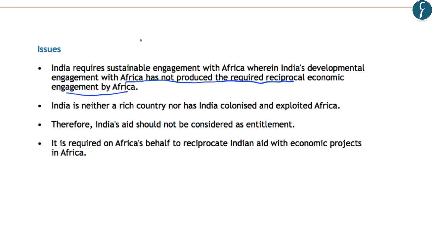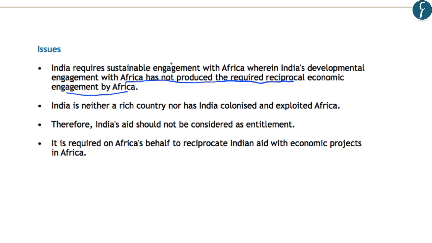Now, why has the author raised the issue that the engagement with Africa is not producing the required reciprocal economic engagement by Africa? This is mainly because India is providing the aid to various intermediaries in Africa, and these include the African Union and others. And the aid that India is providing to the African nations is not mainly of a bilateral nature. And that is why the countries who are receiving this aid are not providing any reciprocal